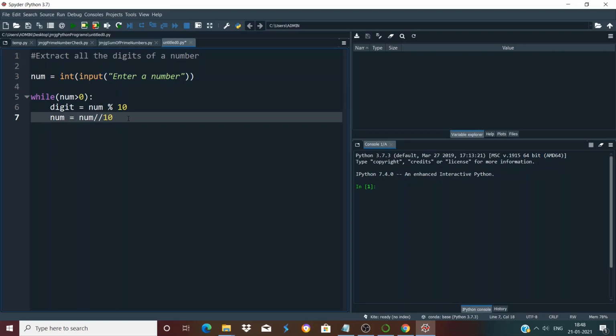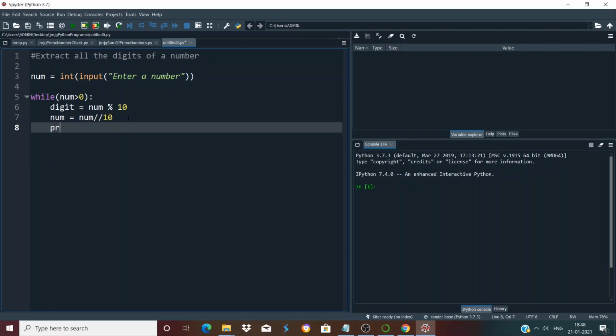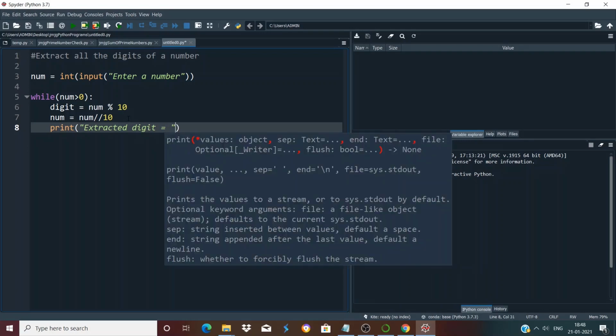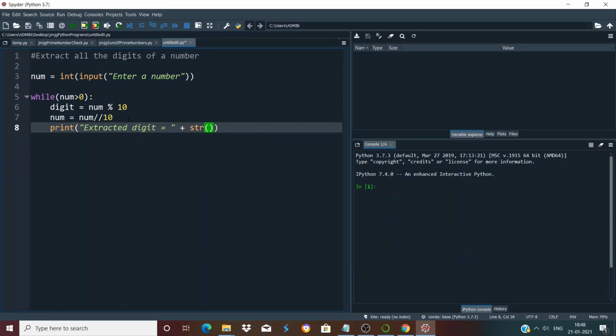And what we will do in each iteration, let's say we will print the digit that we have extracted. Let's print the digit. Print, let's give a message extracted digit equal to plus str digit, right? So let's start. First of all, let's run the cell and let's see whether it works as intended or